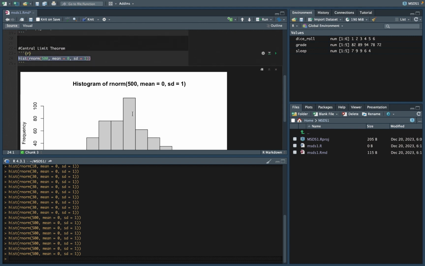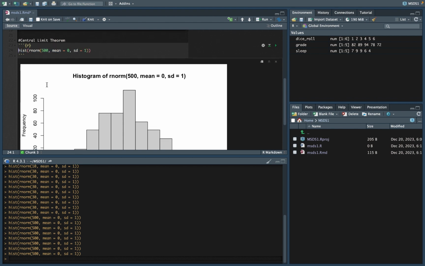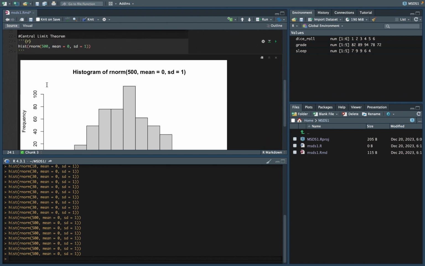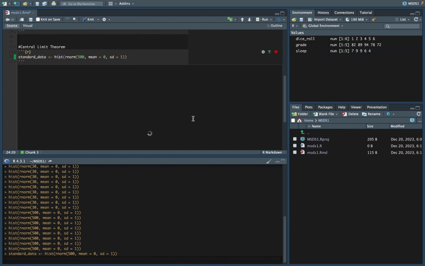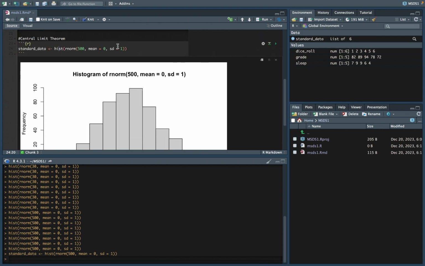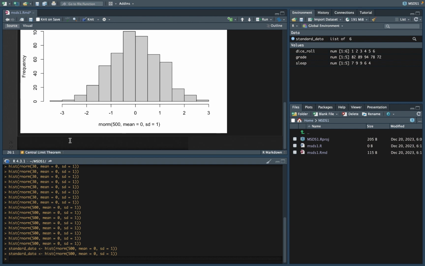Okay, so now that we've done that, I want to do confidence intervals. So let's give this function a name. We'll just call it our standard data. Okay, so we'll call that standard data, and then